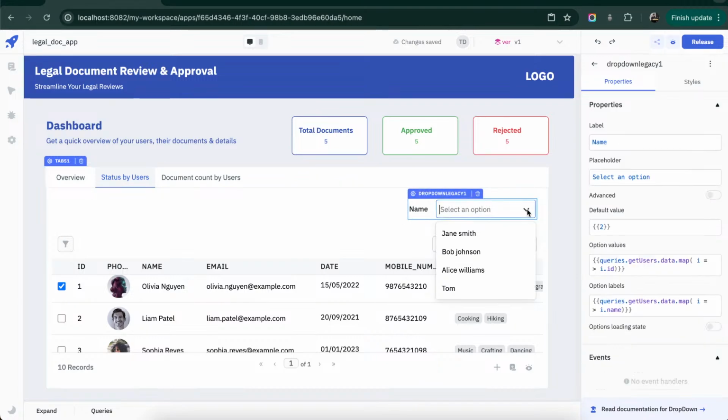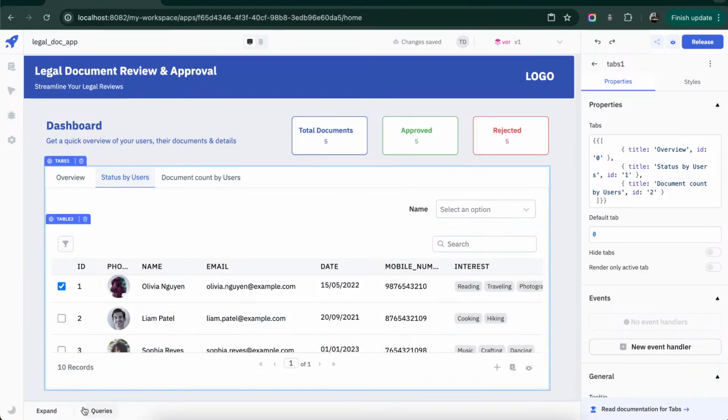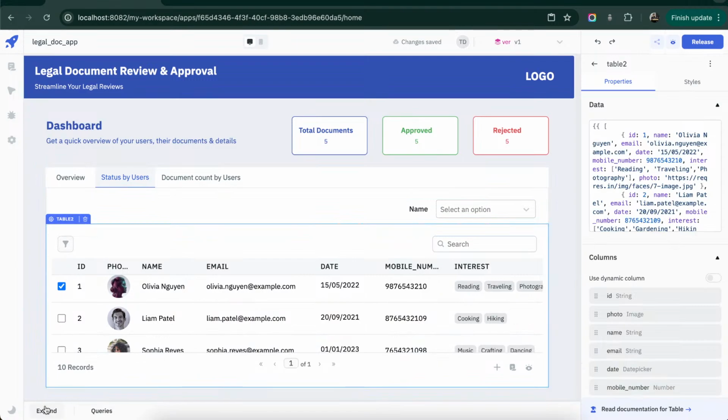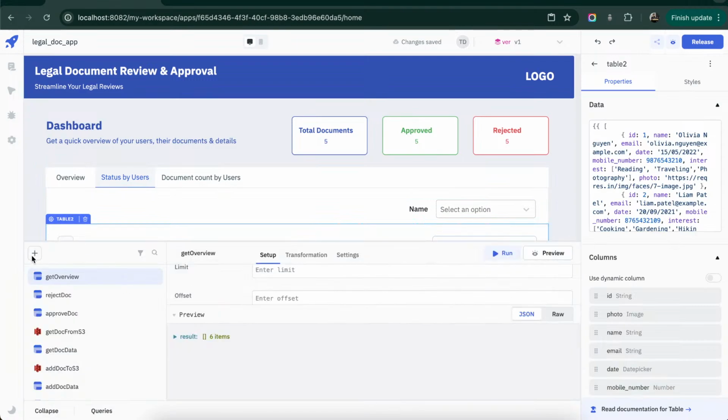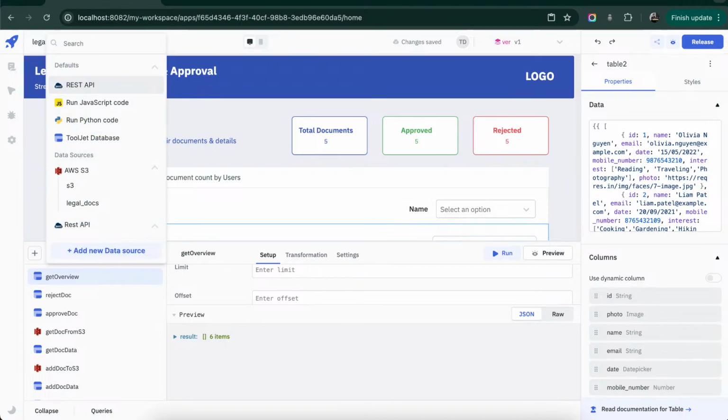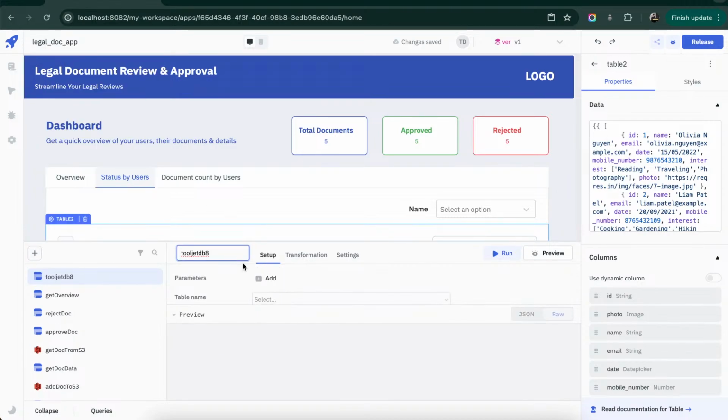Okay, you can see we are getting all the names here, and here we'll be using the aggregate function, the one that we just mentioned in the beginning of the call. So we'll be using the aggregate and group by here. Cool. So let's first create a query with the name of get status